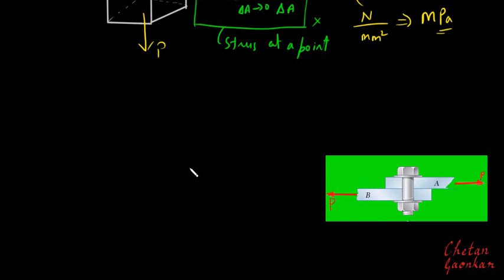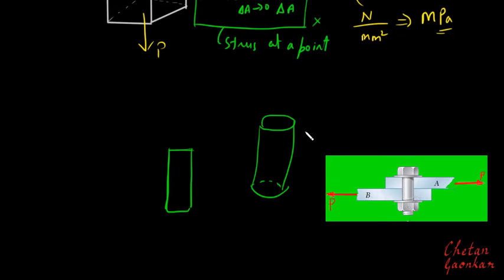Now if I consider this bolt, if I draw it here again, what I have done is I have drawn only this part here. Now to draw a three-dimensional figure of it, it will be somewhat like this, right? And then here the forces are acting in this direction. This plate is trying to pull this half of the bolt in this direction, whereas this plate is trying to pull this part of the bolt in this direction. That means the forces are acting in this direction and in this direction.